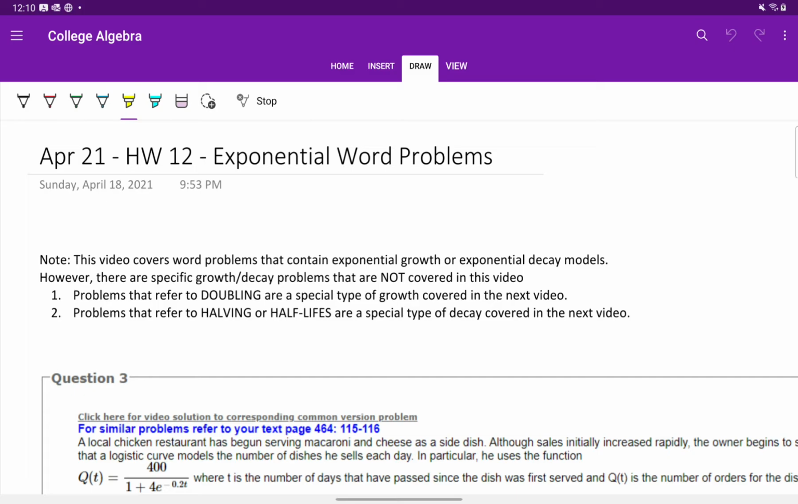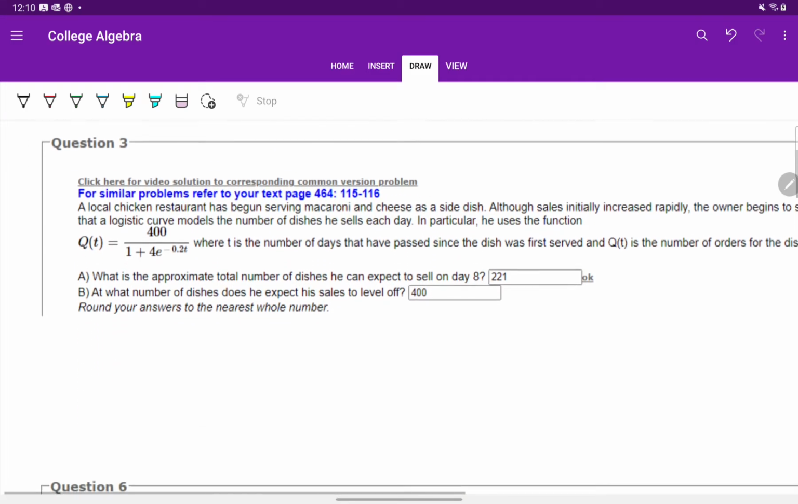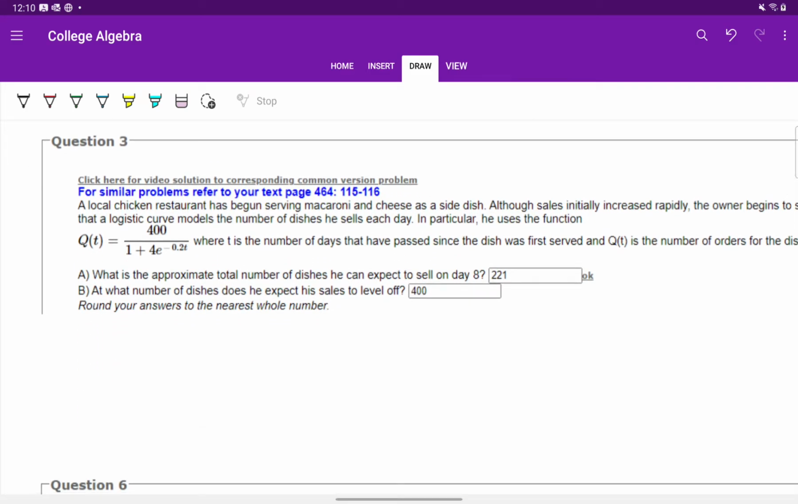There are other types of word problems that use words like doubling or halving, like half-lives, and those types of problems will be covered in the next video. So don't panic if you see a word problem and you don't know how to answer it after you've watched this video, because it might be something that I cover in the next video. So that said, let's dive into some of the more basic types of word problems that you might encounter involving